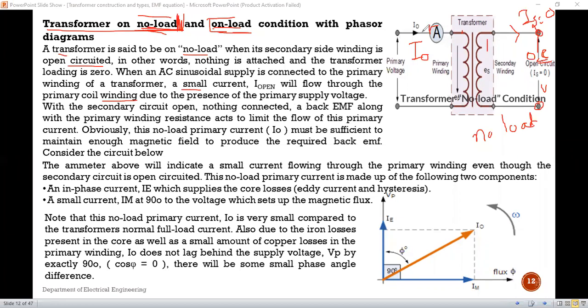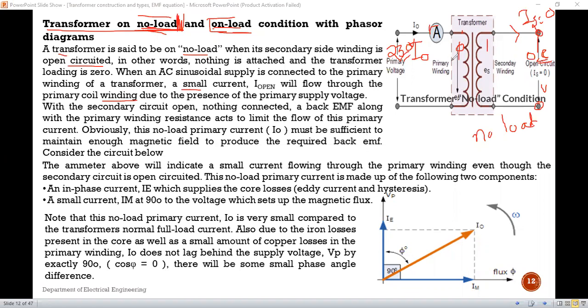Okay, so if some amount of current flows through the primary coil, it will set up some flux in the primary winding. त्याच्यामुळे primary winding मध्ये flux setup होतील. So we are connecting the primary winding to the supply. Suppose it is a single phase transformer and we have applied a primary voltage of 230 volt. Due to the primary supply, some current will flow through the primary winding of the transformer. This current will be read by the ammeter. Due to that current, it will set up some flux phi in the primary winding. त्याच्यामुळे primary winding मध्ये काहीतरी flux setup होते.